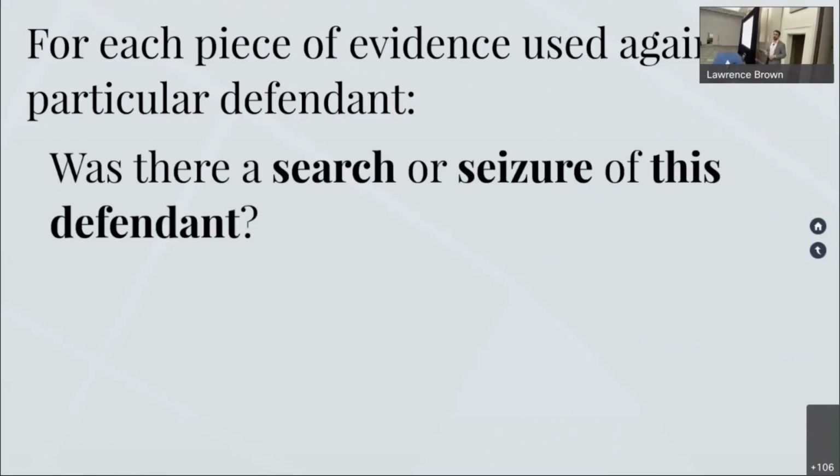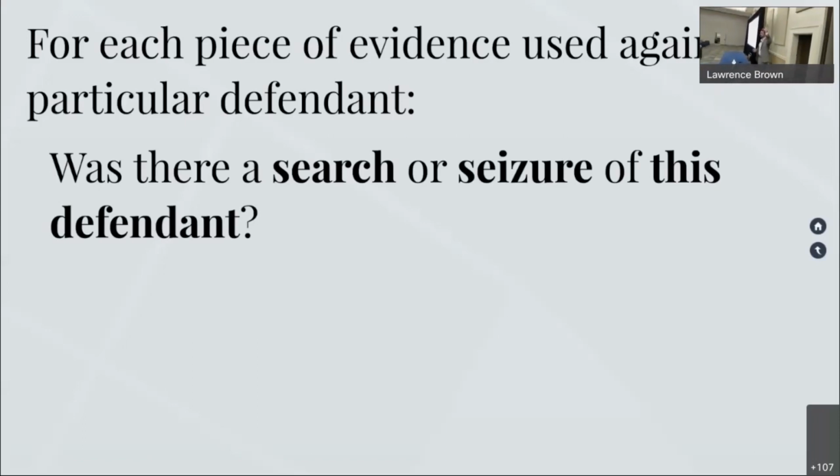And within that path of events, the first question to ask is whether there was a search or seizure of this particular defendant. Well, obviously, we know that there are a bunch of complicated rules that we use to answer this question: whether someone had their reasonable expectation of privacy infringed upon under Katz, whether there was a physical trespassory physical contact, that's the word I'm trying to say, with an intent to gather information under Jones for searches, whether there's a meaningful interference of personal property for seizure of property, whether there's physical contact with the intent to restrain, or whether there's submission to a show of authority under a situation where an individual would not feel free to leave as a seizure of a person.